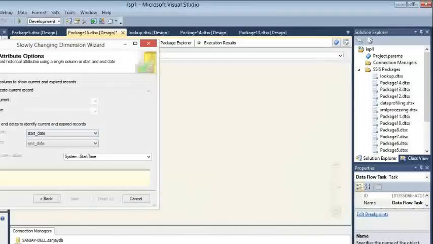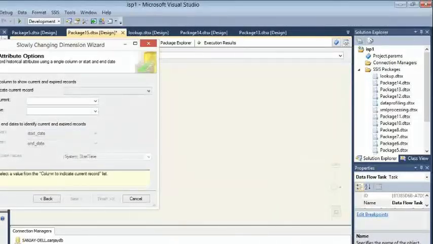So if at all I am selecting this, use single column to show the current and expired records, what happens? How do I maintain this? This option you try it out and get back to me. Oh, okay, so this option. Right? No problem, yeah. And try it out, and tomorrow I'll do the